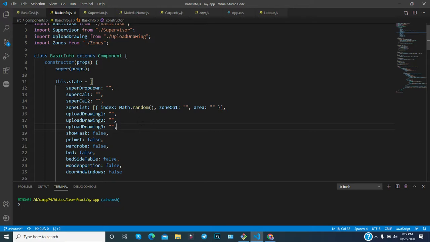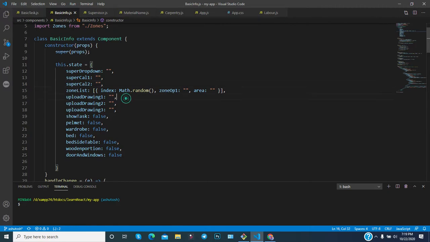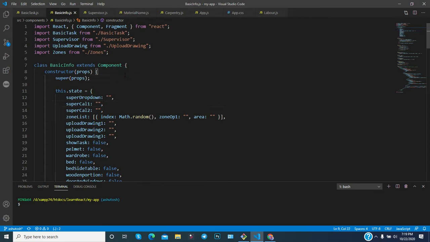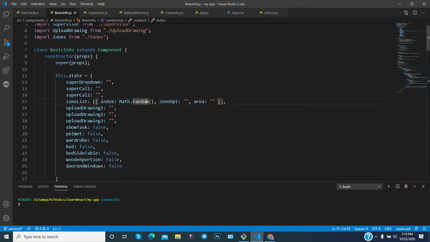We also need to pass the props to the parent class. That's why we have used the super keyword and passed the props to the parent class, and the parent class is nothing but the React class provided by React. We have extended it as a component. I think it is very clear, it's not tough. This is the theoretical part, and I hope that you already know about it. I just talked briefly about these things.